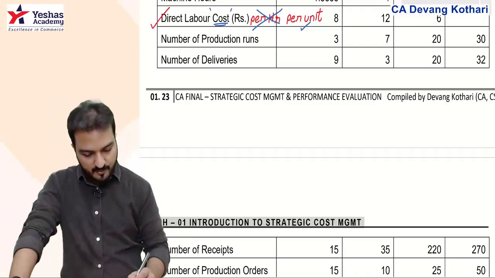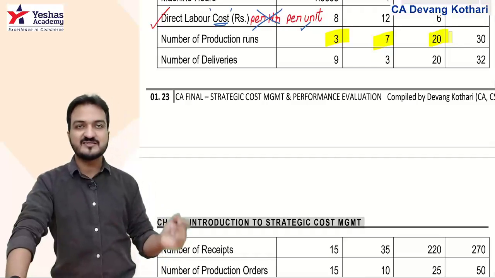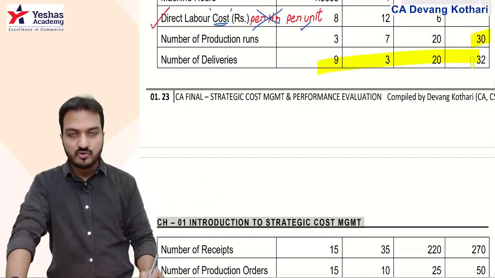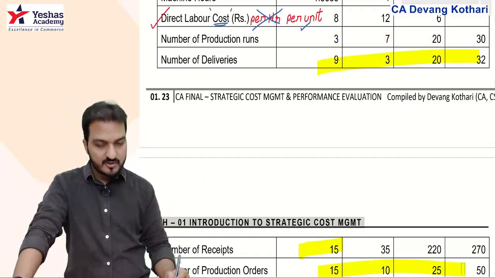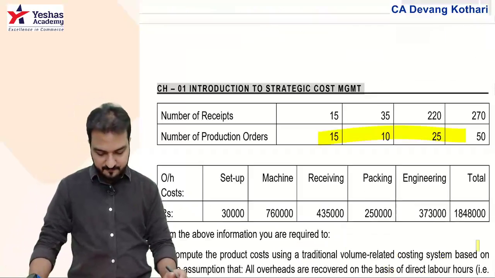You are told the number of production runs as 3, 7 and 20 for X, Y and Z. Total number of production runs 30. Similarly, the number of deliveries you are given for each of the products, and the total number of receipts, number of production orders, all that will be used as cost drivers. Further,